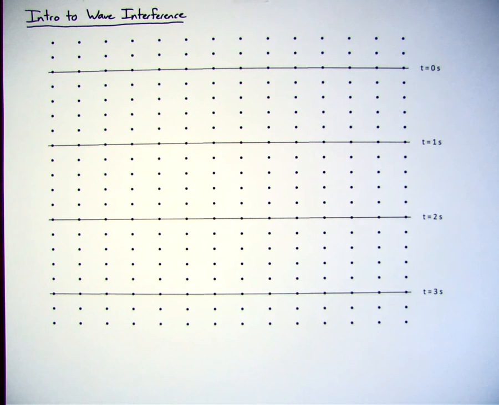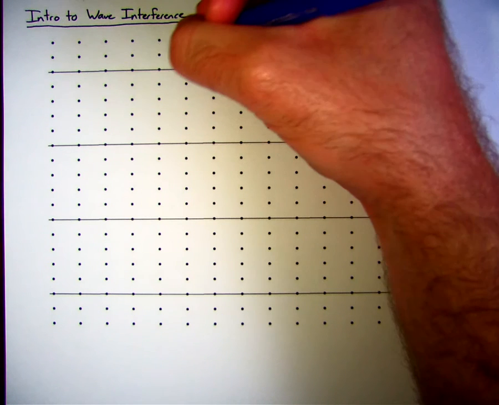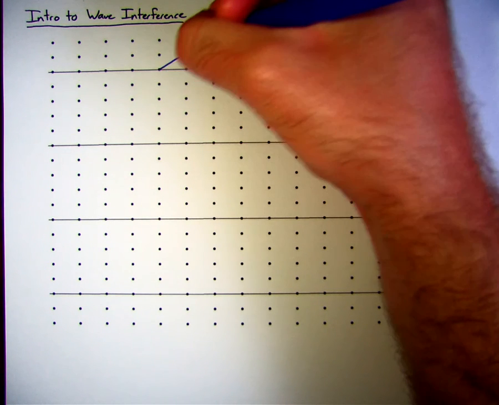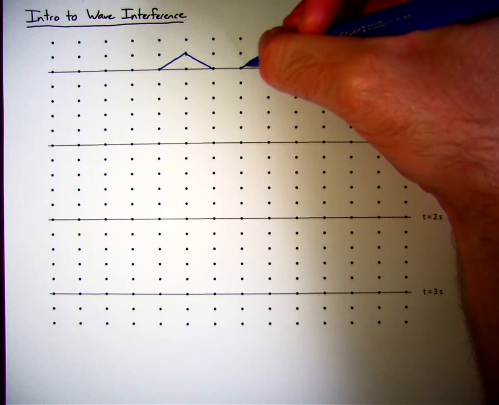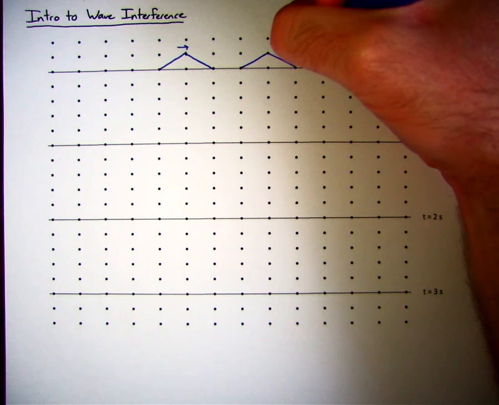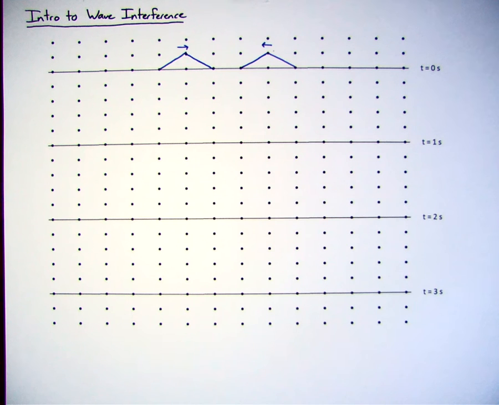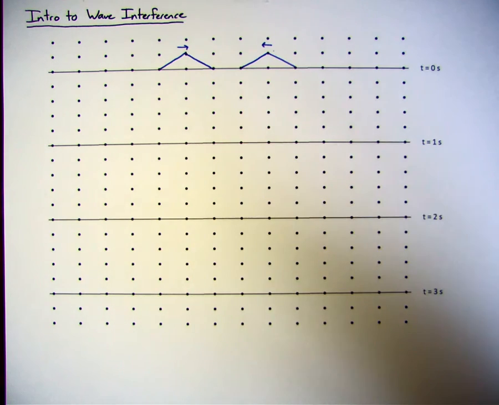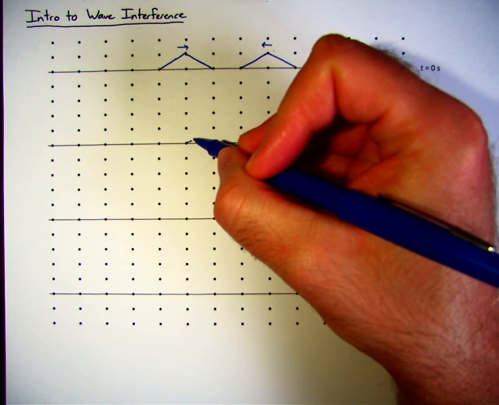Now the first one I want to show you is if we have a wave that is triangular in nature, and we have another wave here that is also triangular in nature. Let's say one is moving to the right, the other is moving to the left. What happens is the energies actually combine when they go through each other. So if we show what happens then, if this is the first one,